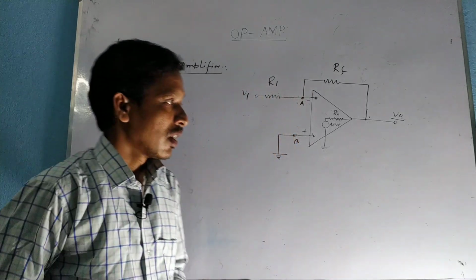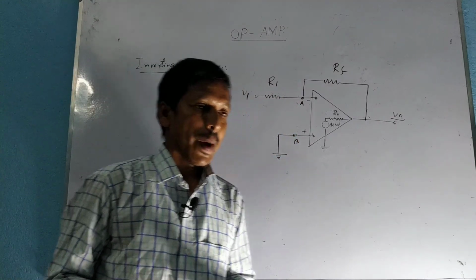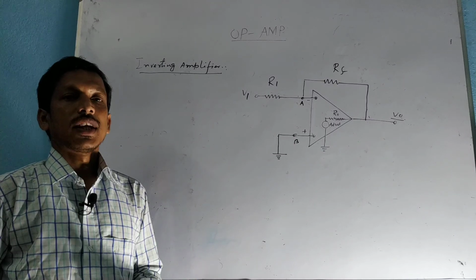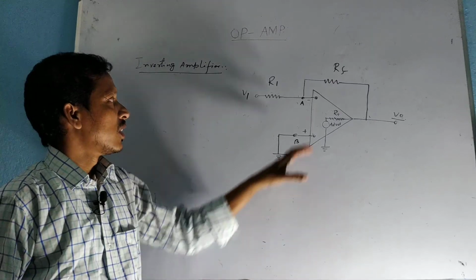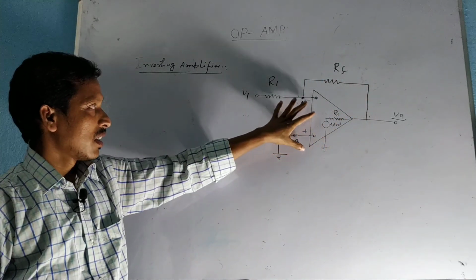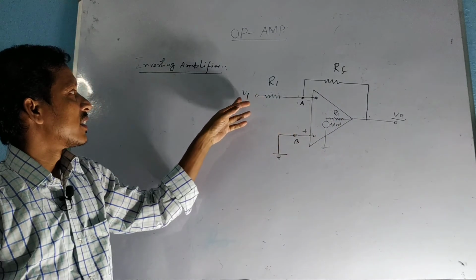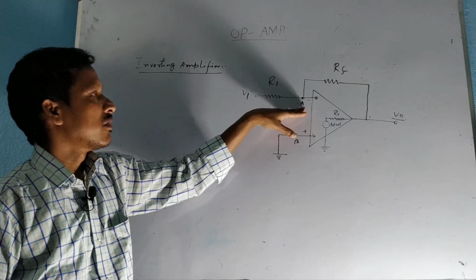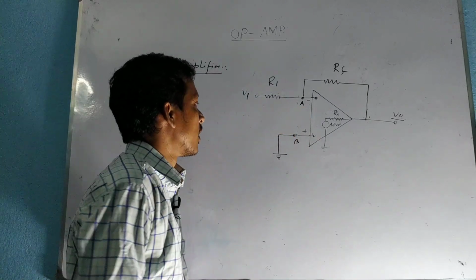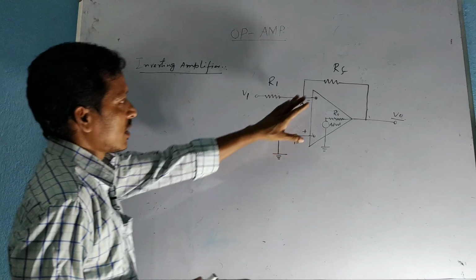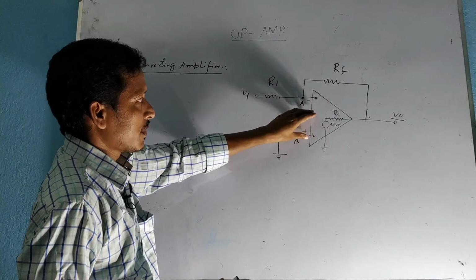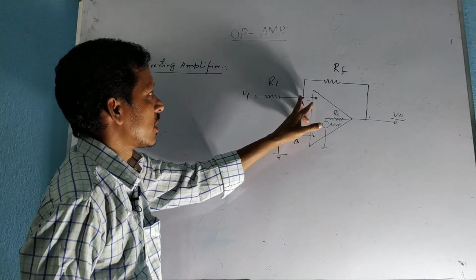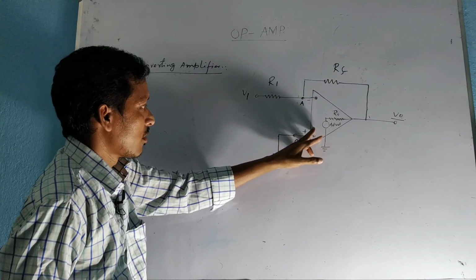Okay. For the inverting amplifier, we will apply the input signal at the inverting input. So let's see the circuit diagram of an operational amplifier. This is the input signal, and it is applied at the inverting input. Now let's see. Since the input resistance of the operational amplifier is infinite, no current will pass through